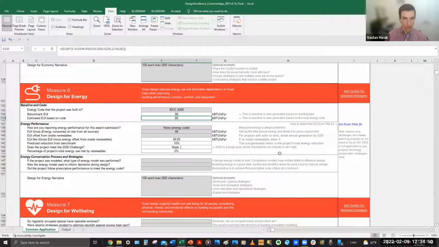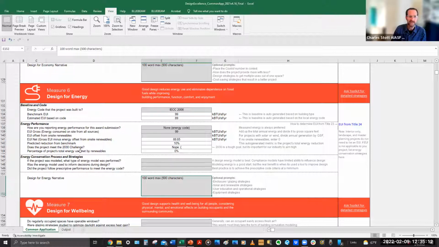I think that covers the gist of this measure. Again, at the end, we do ask for a rough explanation of some of the measures or energy efficiency improvements that resulted in some of the improvements in the energy performance of the building.